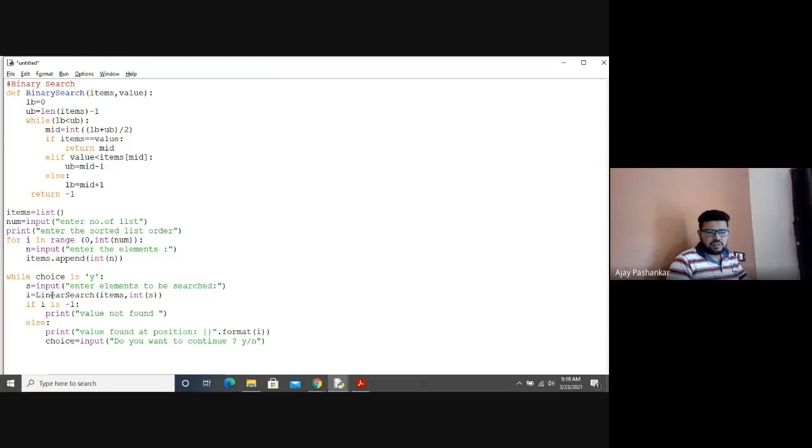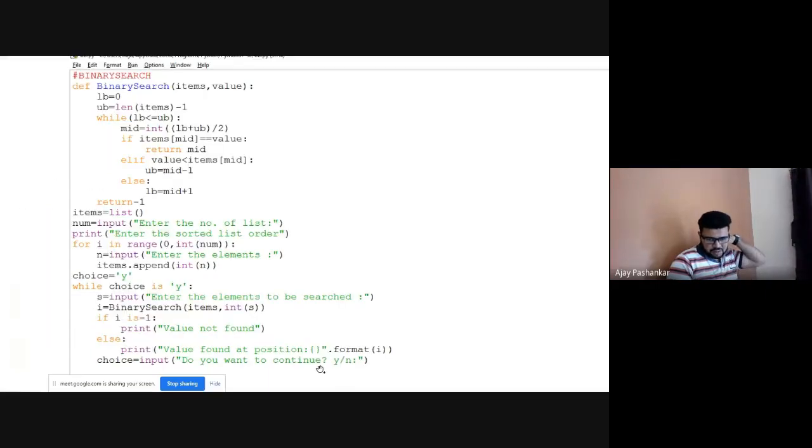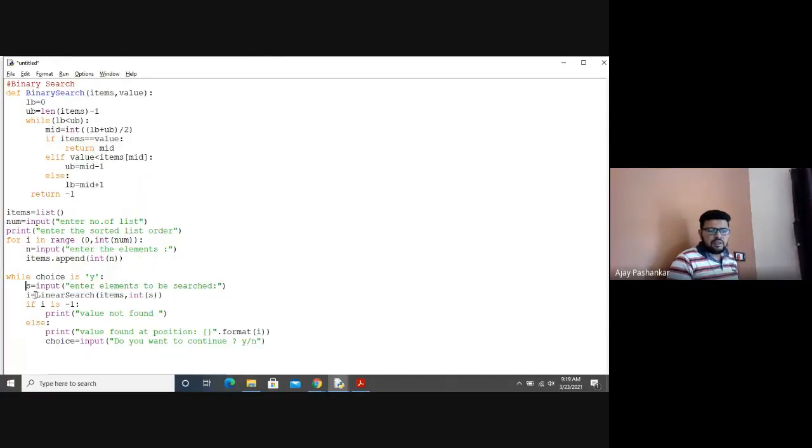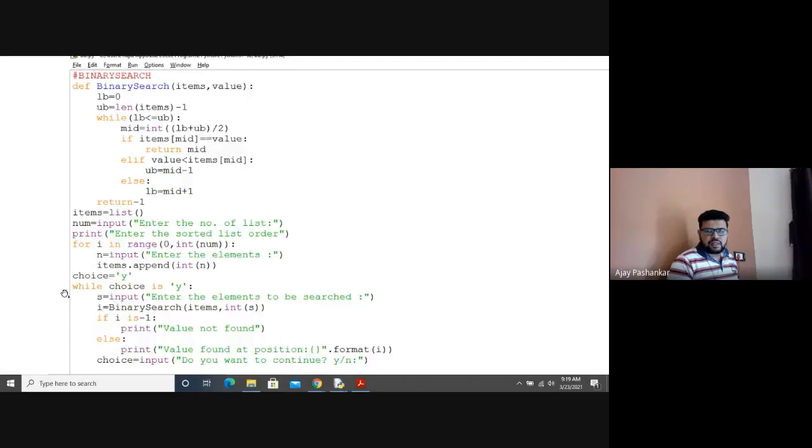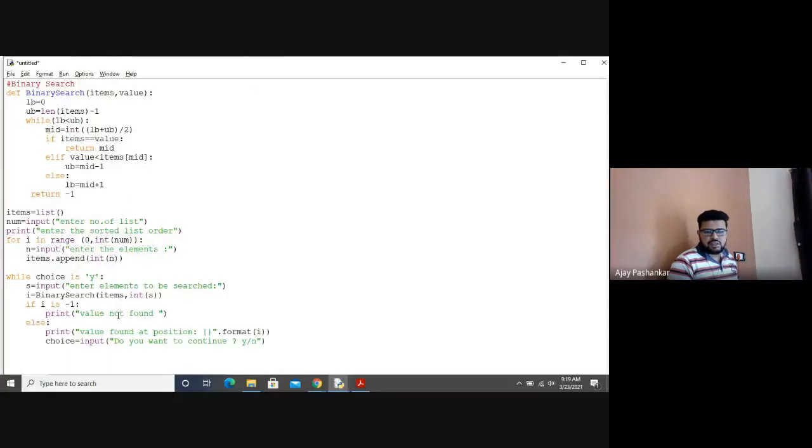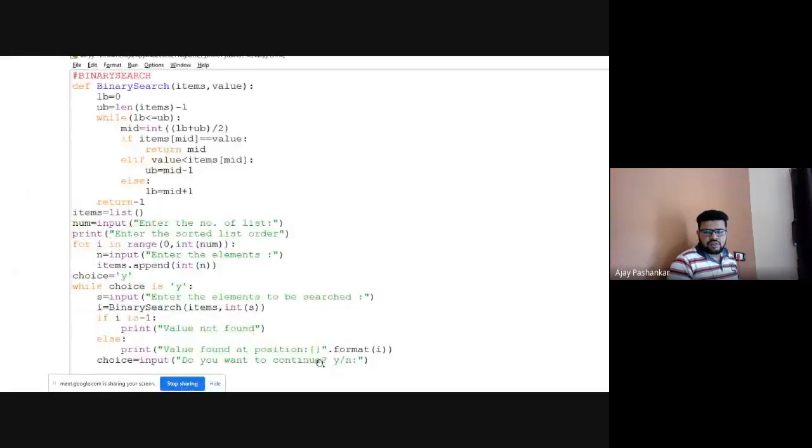Input, enter the element to be searched. It will be binary search of items, int s, and if it is minus 1, value is not found. So it is perfectly working, no issues with this.